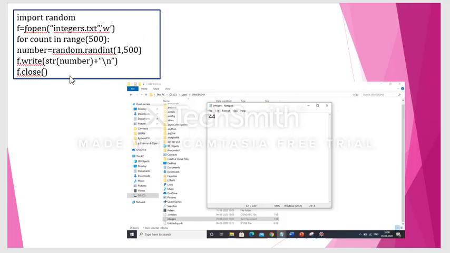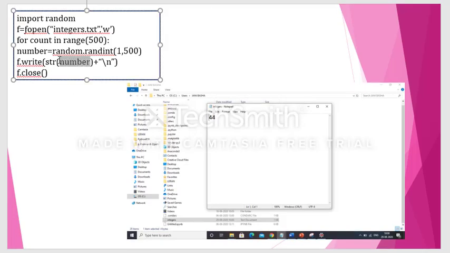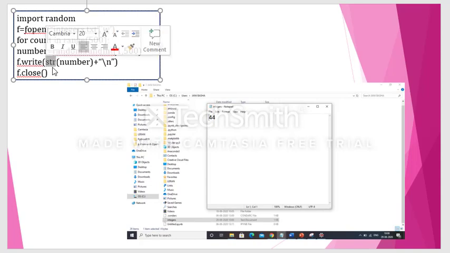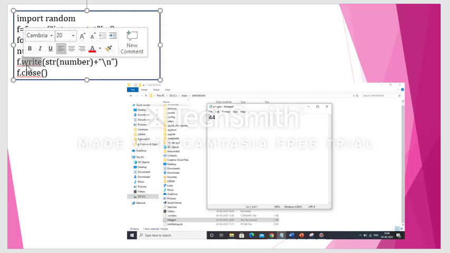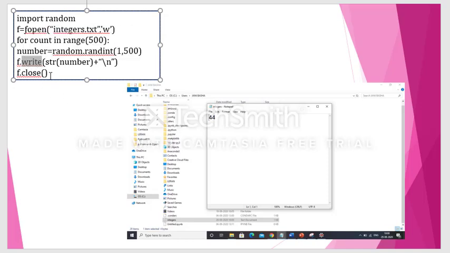First of all, this number has to be converted into a string. To convert into a string, what do we do? We put str before it, that's enough. Okay, so if we put str before number, it is converted into a string, right? Next, we use the f.write function to write this number into the file. So f.write is the function through which we write this number into the file.